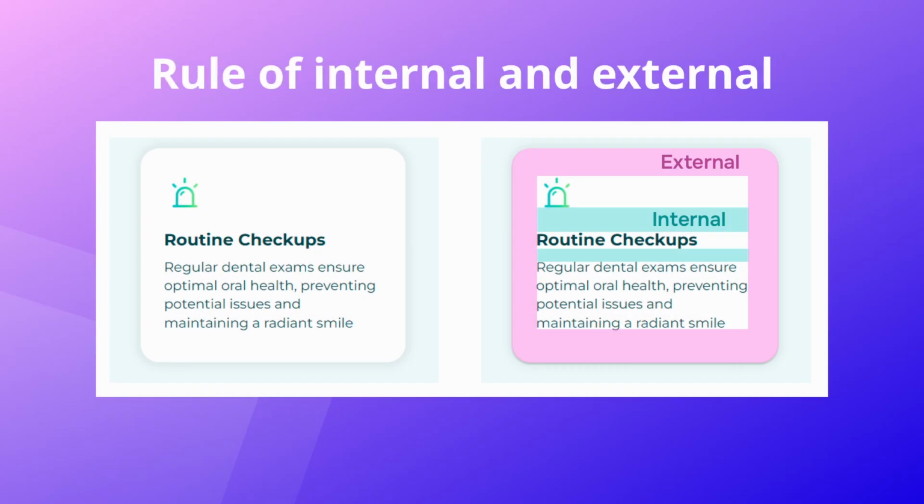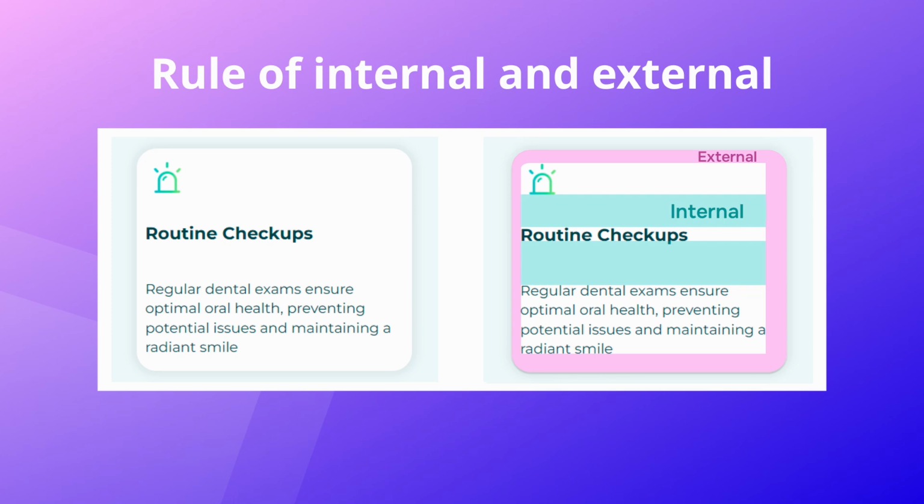According to the principle of proximity, here's a useful rule. For an element to stand out on its own, its internal spacing should be smaller than its external spacing. Internal spacing is the space between elements in the same group. External spacing is the space between those elements and the edges of the block they're in. If the external spacing is smaller than the internal, all the elements in the block will seem like separate objects, not a group. This makes it harder to read and understand the information.